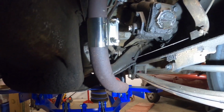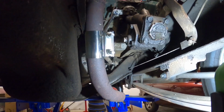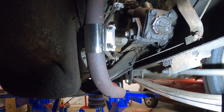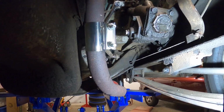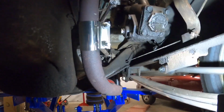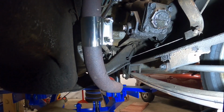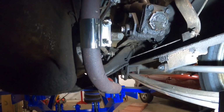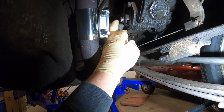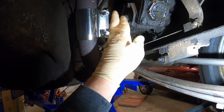When you get that, then you gently turn your steering wheel from lock, and then you count all the way to the other lock, and then divide that in half and come back that much, and that's your center, approximately. You don't have to be spot on, but close. It's relatively easy. Then you come out here and you come down on your slack adjuster nut right here,